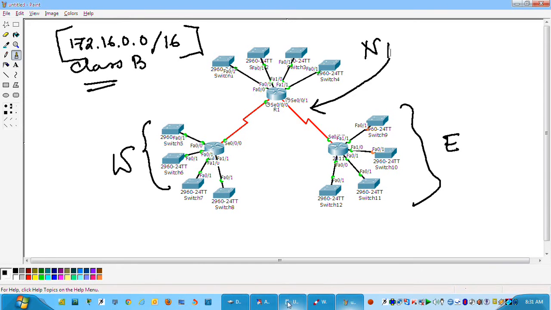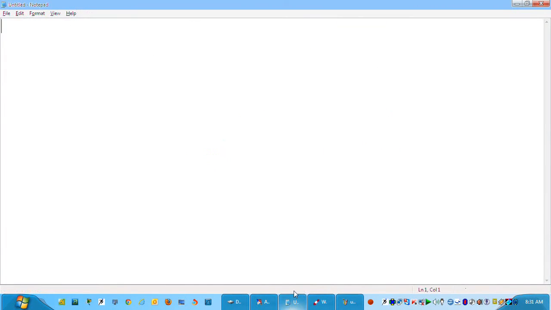Now they have given a few specifications. First they are telling that this 172.16.0.0 is the entire network of this organization. This will be subnetted as follows. The subnetting, initially, this number of hosts needs to be equally divided into three zones,